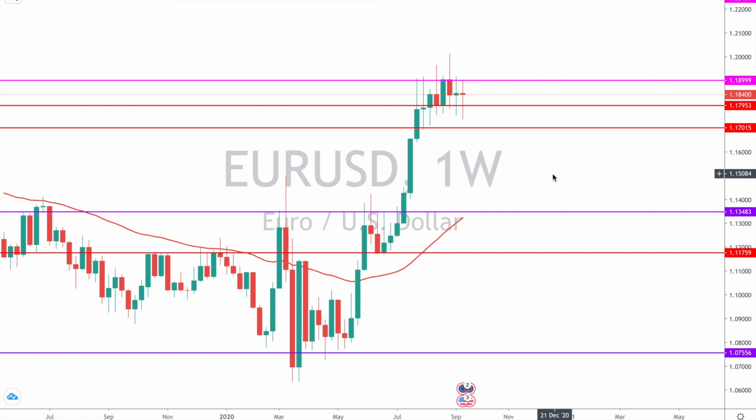So here's Euro-Dollar weekly time frame. And again, little has changed from the past week. As you can see, again, we have almost the same indecision candle like it was a week ago. And again, this candle went up as high as 1.19 and as low as around 1.175. And again, from the effective support and resistance standpoint, we have a rejection of our monthly effective resistance, which